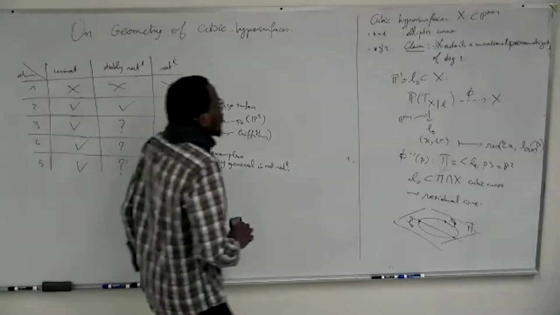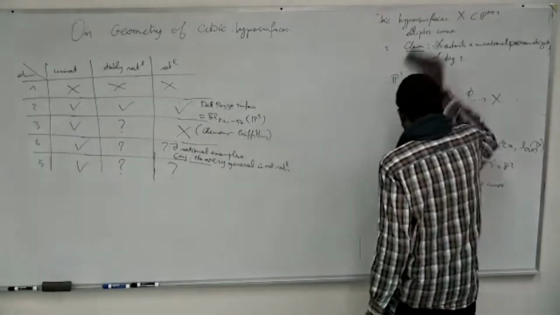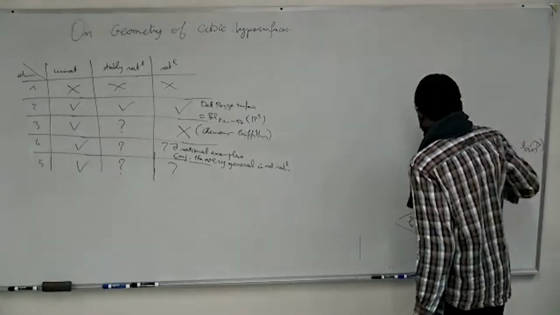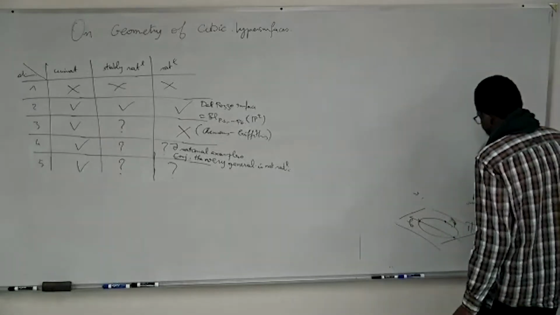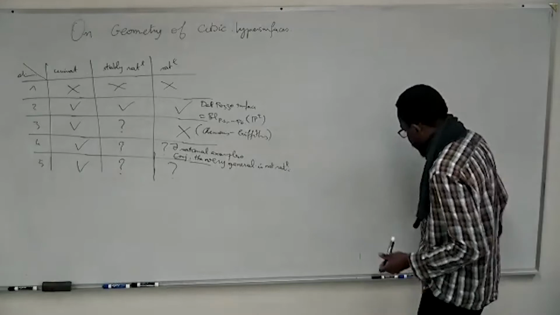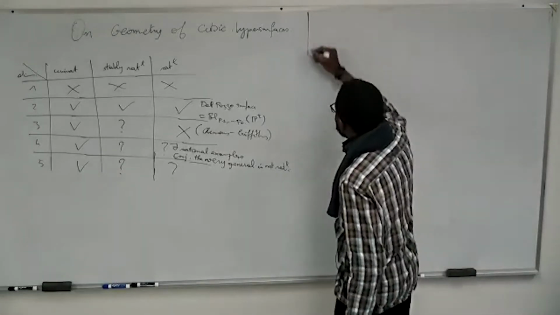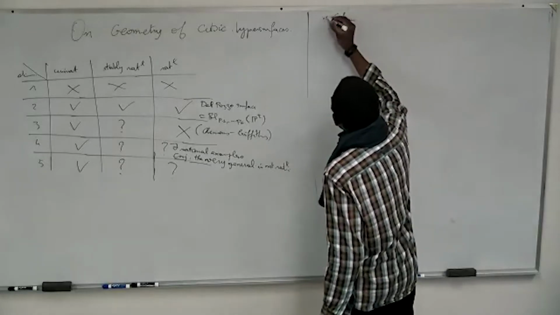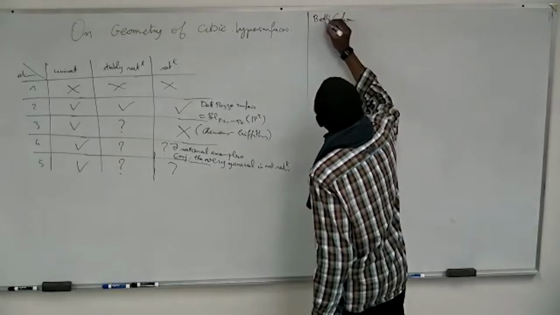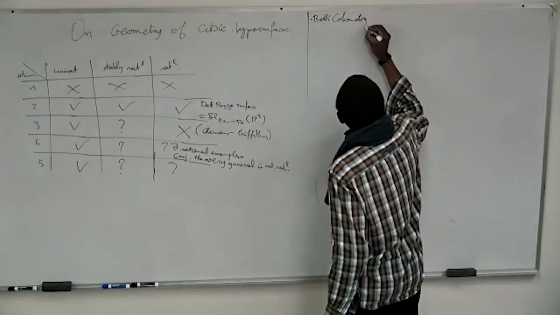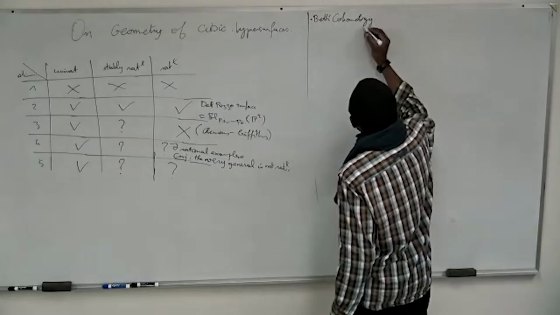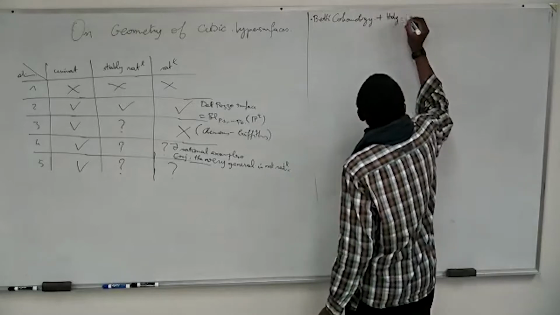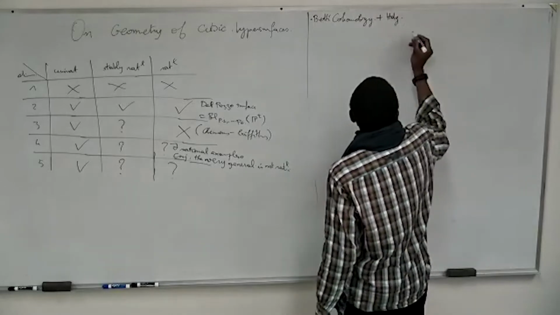So a word on the tools that we will use to try to attack this problem. We have the usual tools for varieties. So we have homology, Betti homology, with the Lefschetz package and Hodge theory. So that gives us